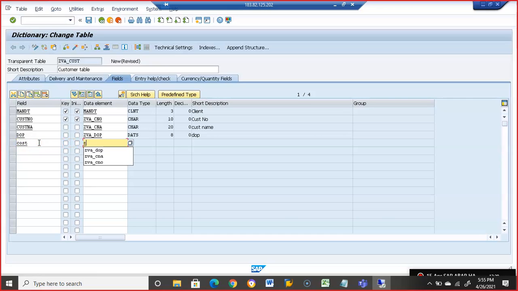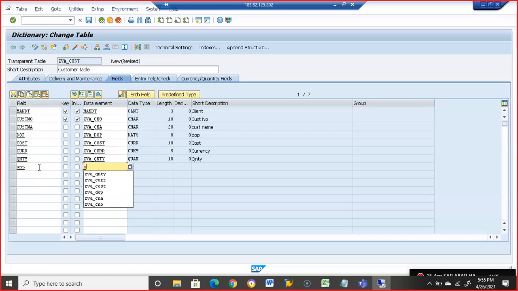So we have ZVA_cost. Then we have currency. We have ZVA_CURR. Then we have quantity QNTY. I'm taking it as QNTY, ZVA_quantity. Then we have unit, ZVA_unit.